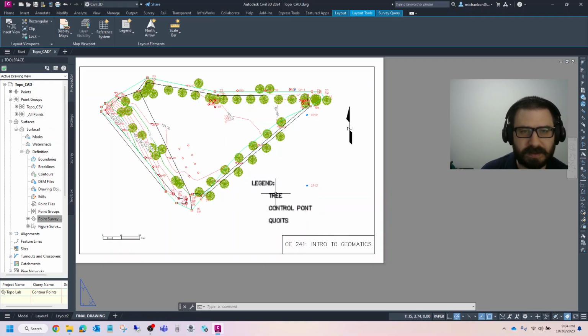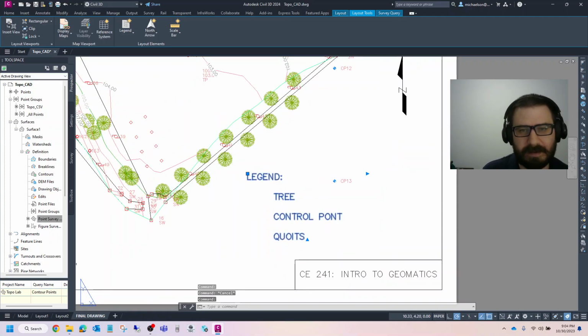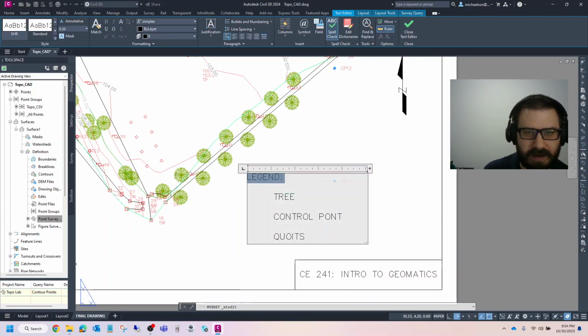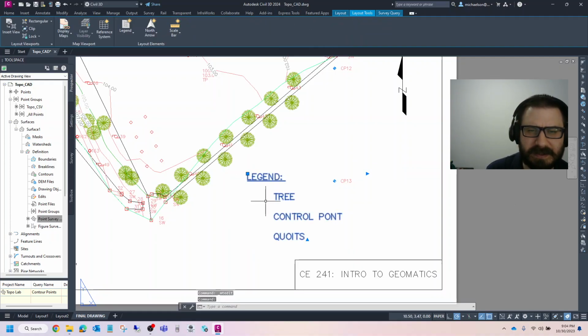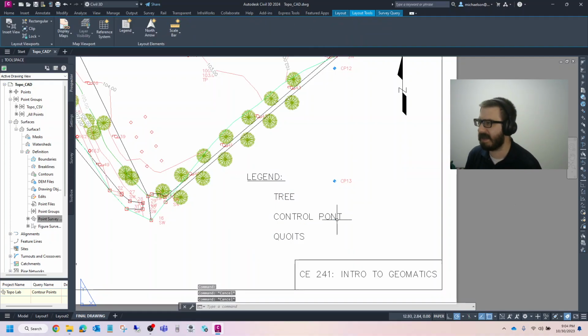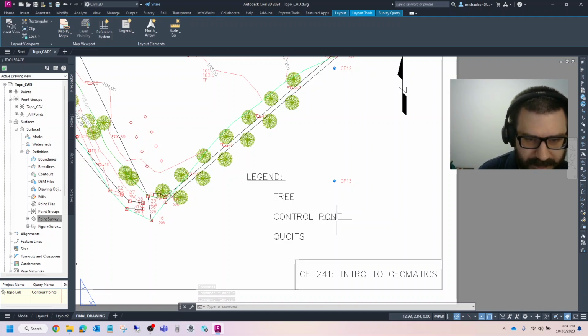But now we actually need to start inserting some symbols. Actually, let's just leave the font as is. So here's my legend. Maybe what I'll do is go in and make this underlined. So now what we need to do is insert some symbols here that are representative of the points that we're talking about. So I'm going to type in insert,